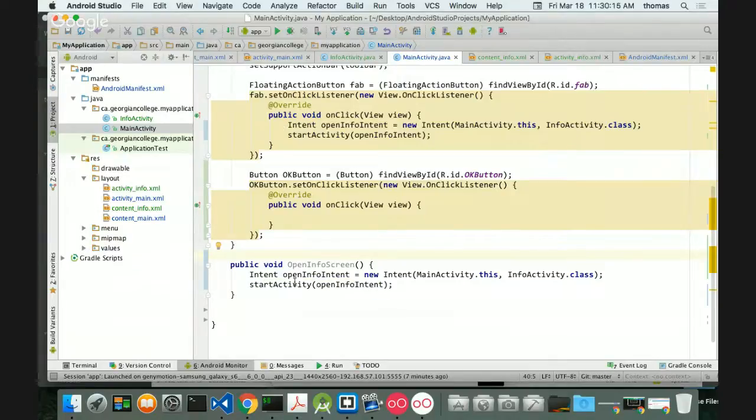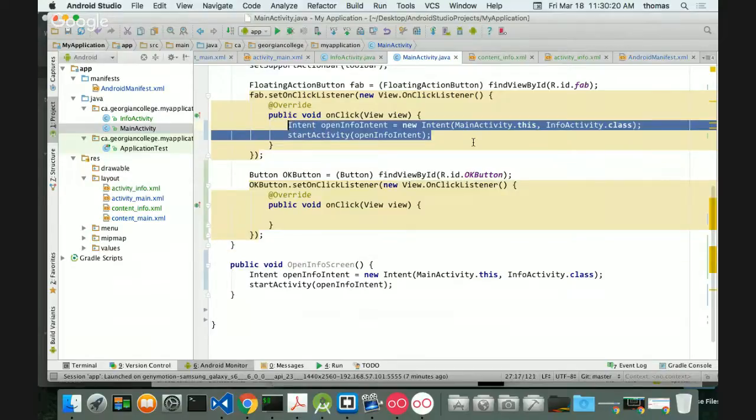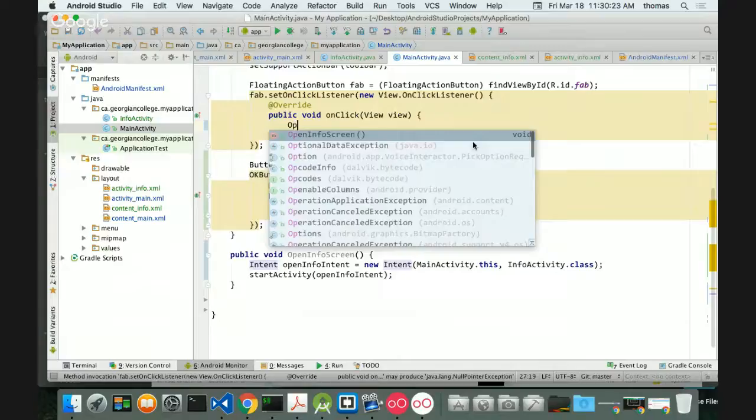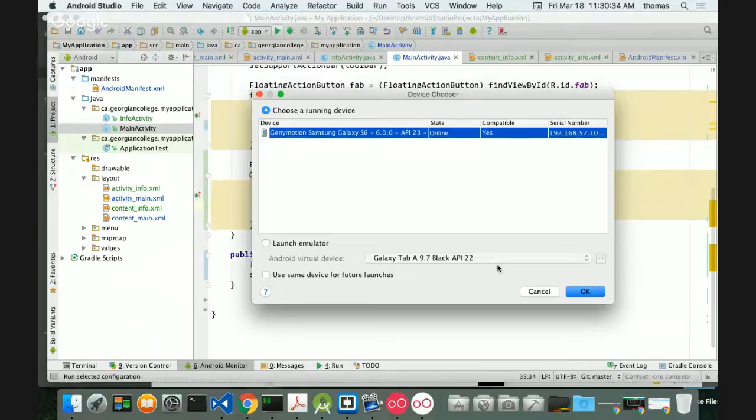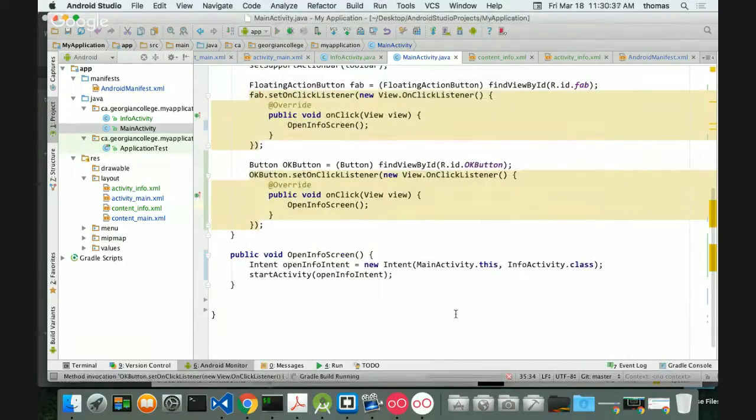So now instead of typing this thing twice, I want to just replace this with openInfoScreen. But you'll notice there might be a bit of a problem. So openInfoScreen is there, and I want to do the same thing over here, openInfoScreen, to get it to the same place. Let's just test the thing the way it is right now by pressing the test. We're going to test it each time, so that I don't have a problem